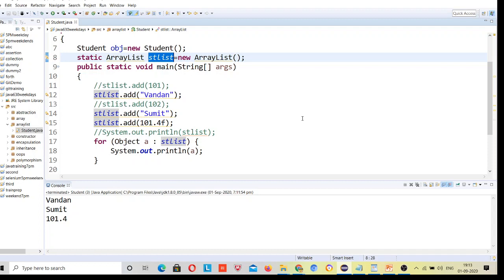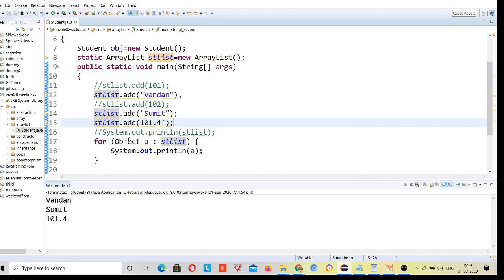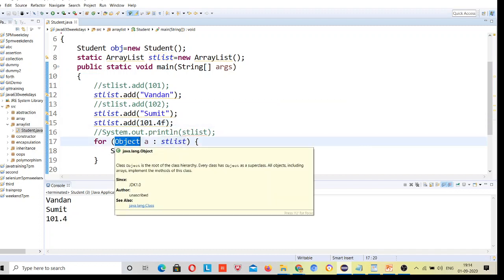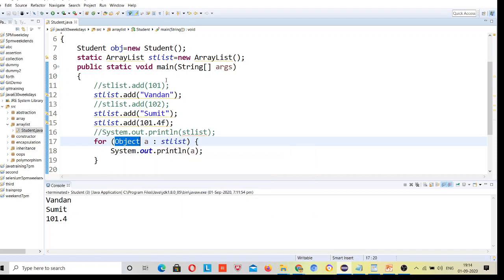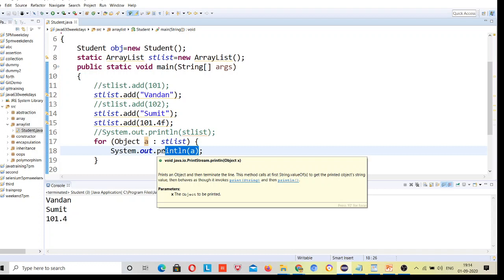So this was the agenda for today. Point to be noted: if you don't know what type of data type is present inside my array list, then you need to define the array list variable with this object class, and here you have to define a variable for that, and this will print all the data present in it. Okay, so tomorrow I'll be covering class type array list.